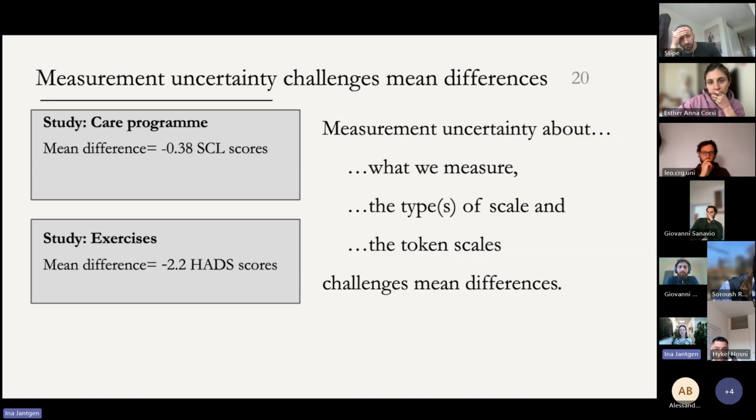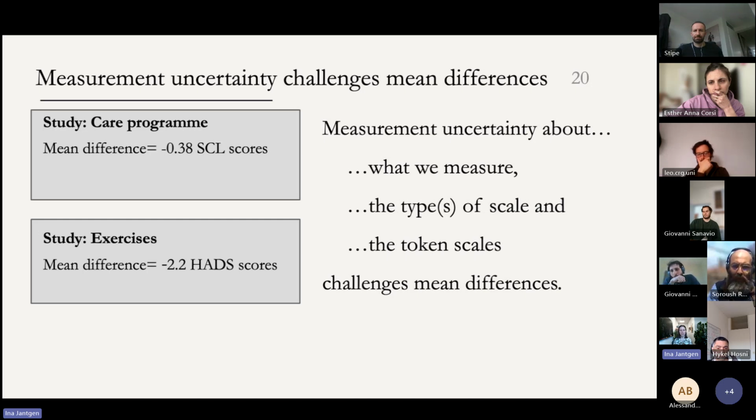But of course, as philosophers of science, we should do that. So we should unpack what these concerns with interpreting and comparing mean differences really amount to. And in the paper, I give a detailed account of what these concerns amount to, relating it to the literature on philosophy of measurement. So I won't have time to talk about that in detail here, but just very briefly, I argue in the paper that concerns with interpreting and comparing mean differences, on the one hand, come from being uncertain about what property we're measuring, and in particular, whether or not we're measuring the same property in different studies. So for instance, do the checklist scores and the HADS scores represent the same aspect of depression severity or not?